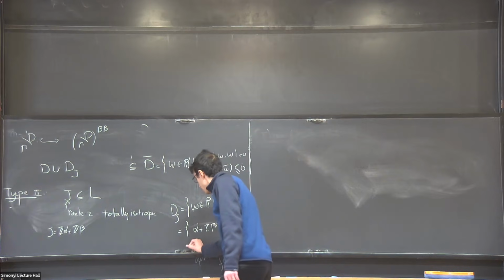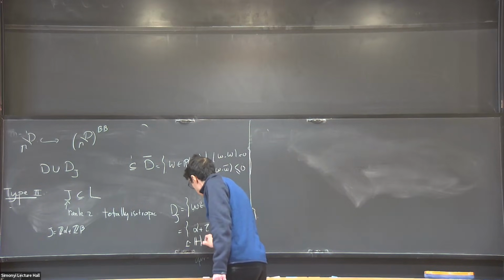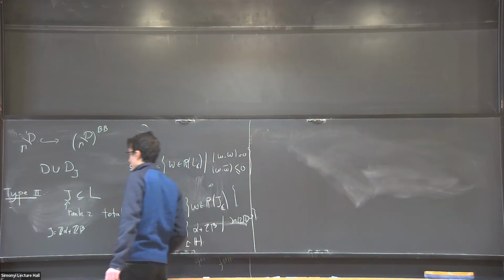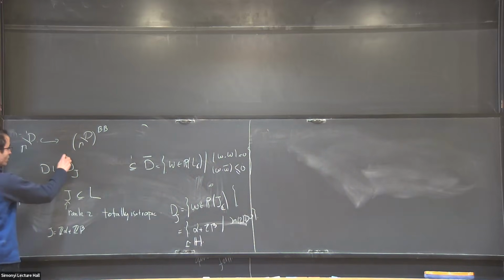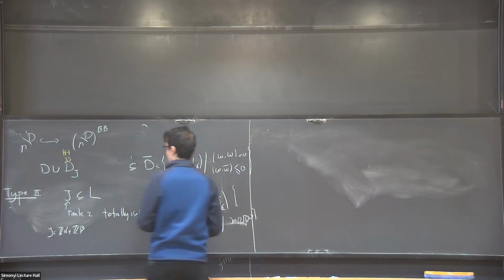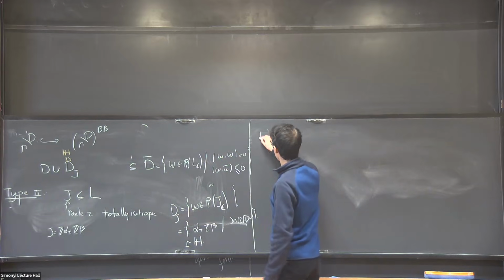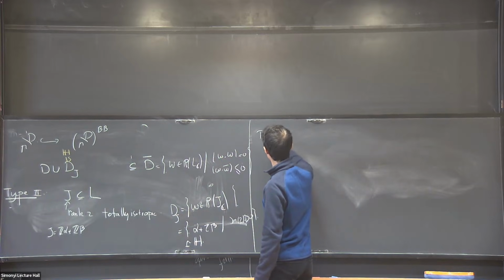And so in this description, it will just identify it to a copy of the upper half space. So the point I would like to make is that all these D_L will be isomorphic to a copy of the Poincaré upper half space. So they're one-dimensional. And then the type 3 component